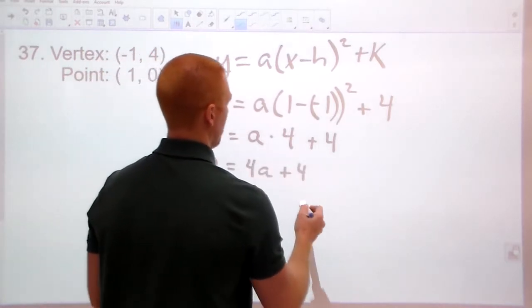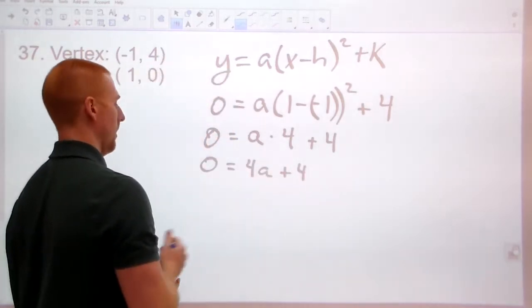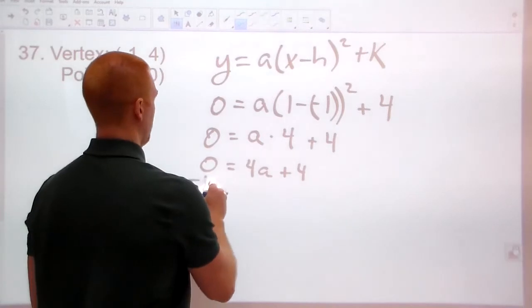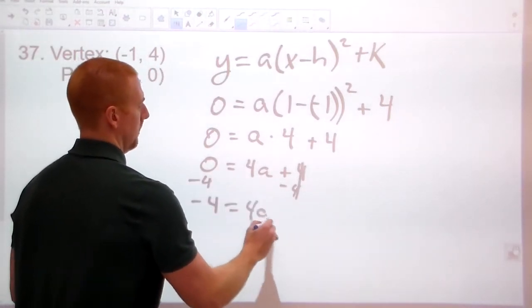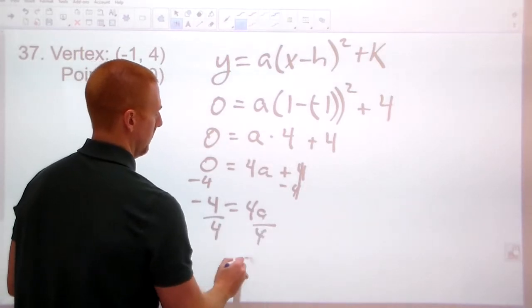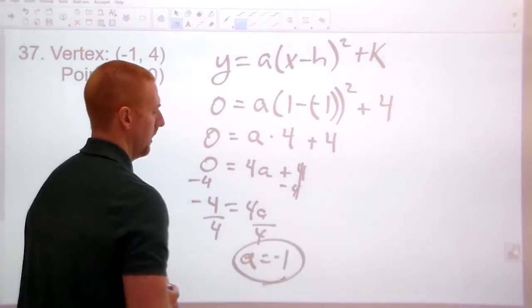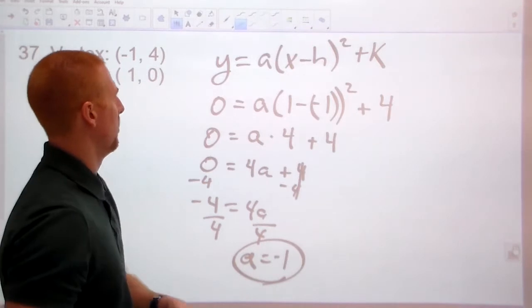4a plus 4, so I would try to solve this for a. I'm going to subtract 4. It's pretty much basic algebra at this point. Divide by 4. a is going to be negative 1. All right, probably shouldn't circle it because I'm not quite done, but